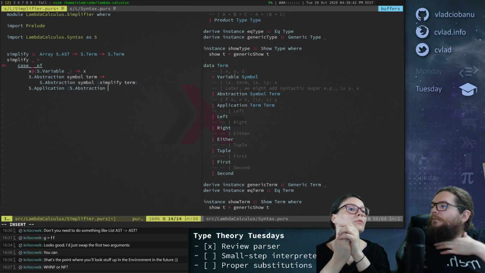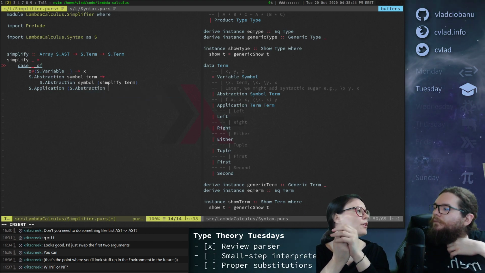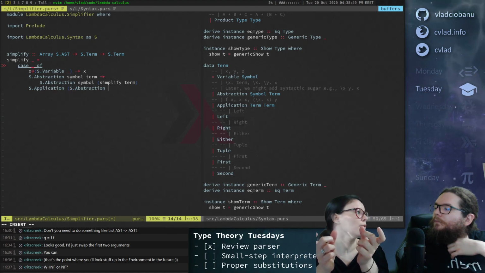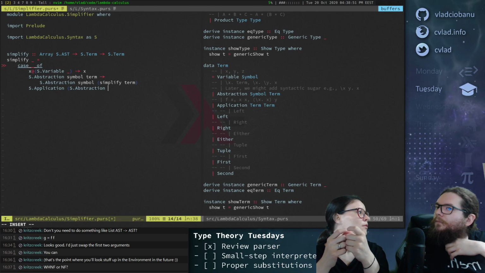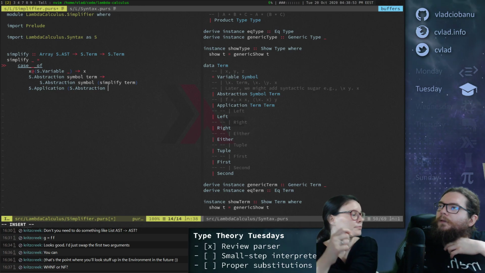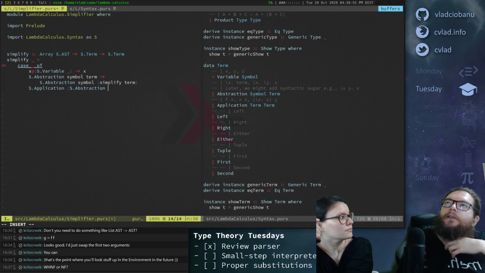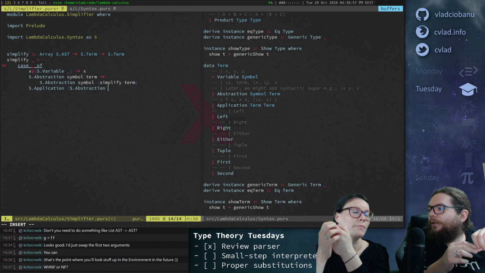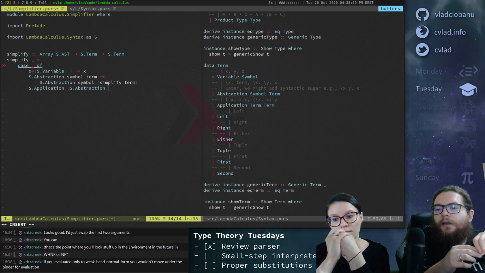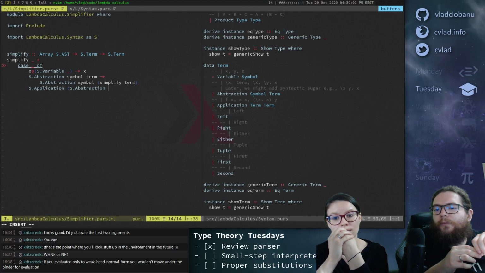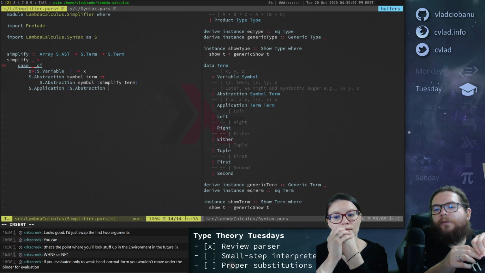Wait, can't you simplify on the left? If you have two terms, maybe you have to simplify both of them. Well, you mean simplify left and simplify right, or what? If you evaluate only to weak head normal form, you then move under the binder for evaluation. Yeah, but we don't do weak head normal form, right? We kind of want to evaluate everything.